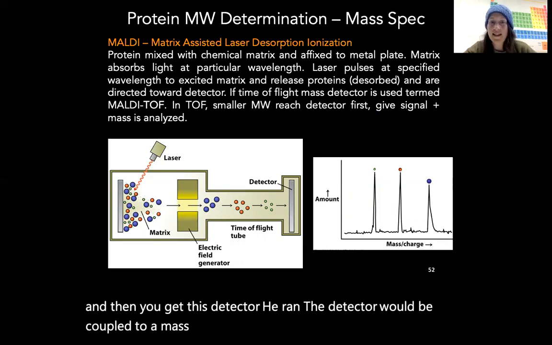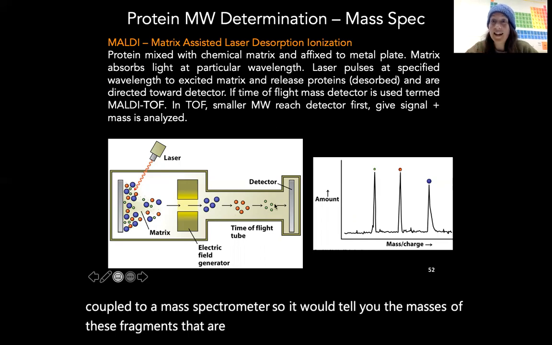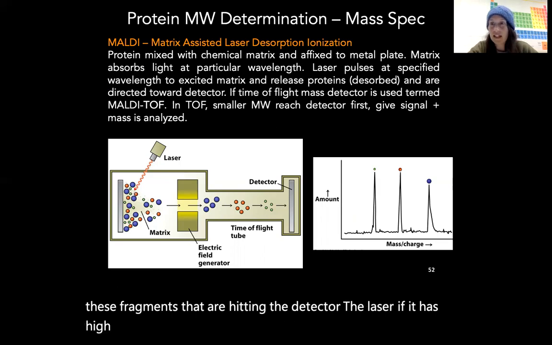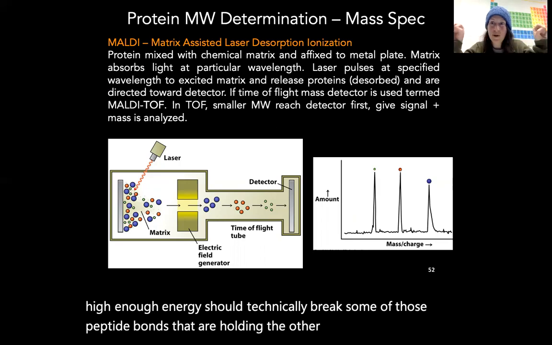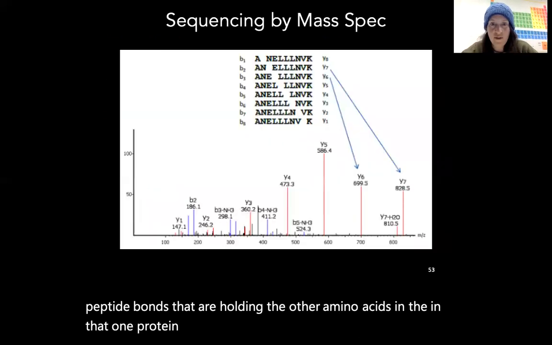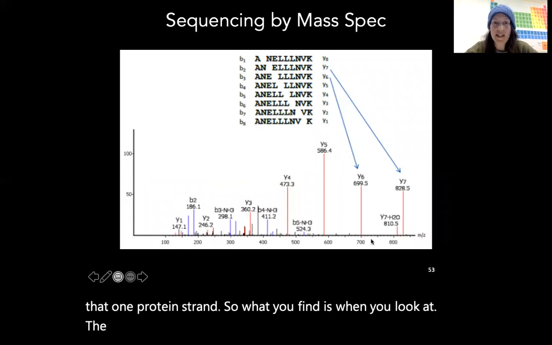So it would tell you the masses of these fragments that are hitting the detector. Okay, the laser, if it has high enough energy, should technically break some of those peptide bonds that are holding together our amino acids in that one protein strand. So what you find is when you look at the mass spec data,